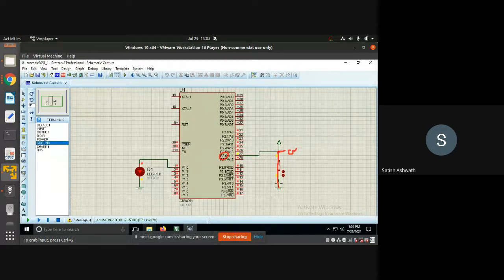Ideally, in a practical scenario, you will not connect it straight. You will put a very small resistance here, because shorting plus 5 volts and ground is never a good idea. So you will put a small amount of resistance here to avoid the short circuit current, but it will still almost be equal to 0. Even if you connect a small resistance, you will still see almost 0. Or you will connect a resistance between plus 5 volts and pin 2.6, and even then you will still see 0 as the value. So the idea is, where is the ground? Is the ground on the side of the pin or on this side of the pin? Depending on that, it will see the voltage.